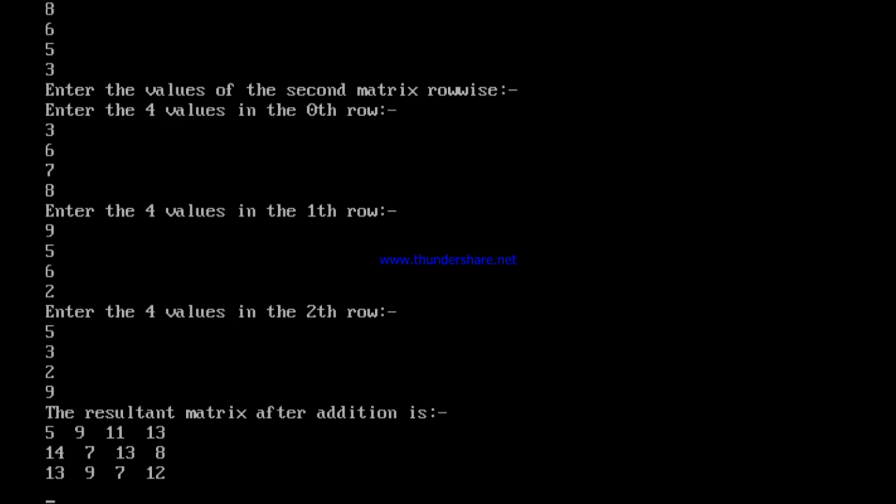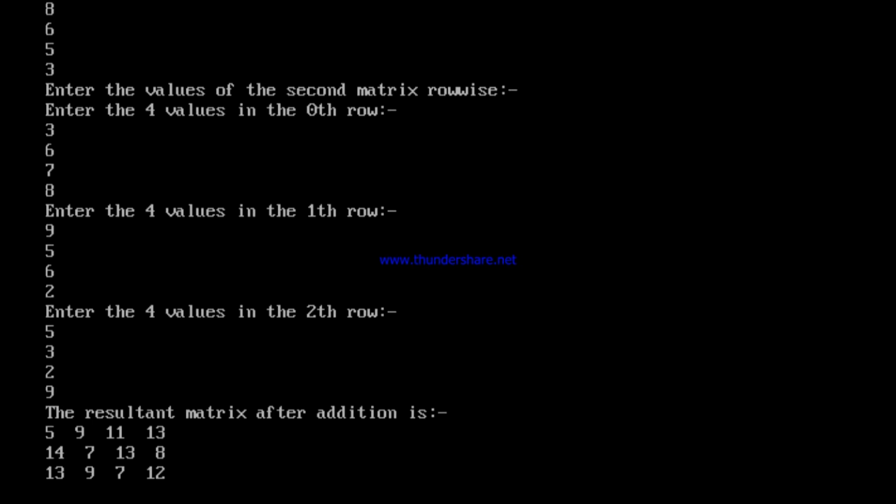Two things you notice. Number one, alignment of the matrix does not look good because I have printed it as %d. I should have printed it as %3d maybe to put the number of spaces equal. That is, 5 has to be printed using 3 spaces, 9 has to be printed using 3 spaces, 11 has to be printed using 3 spaces. %3d means that I should have printed it like that, number one.